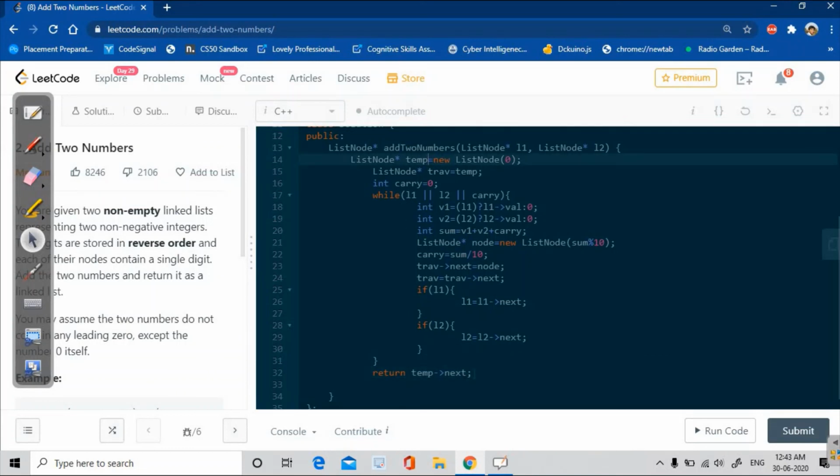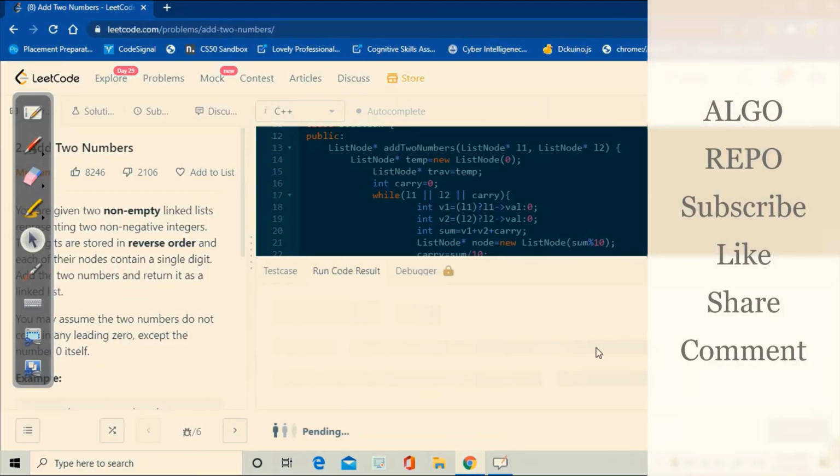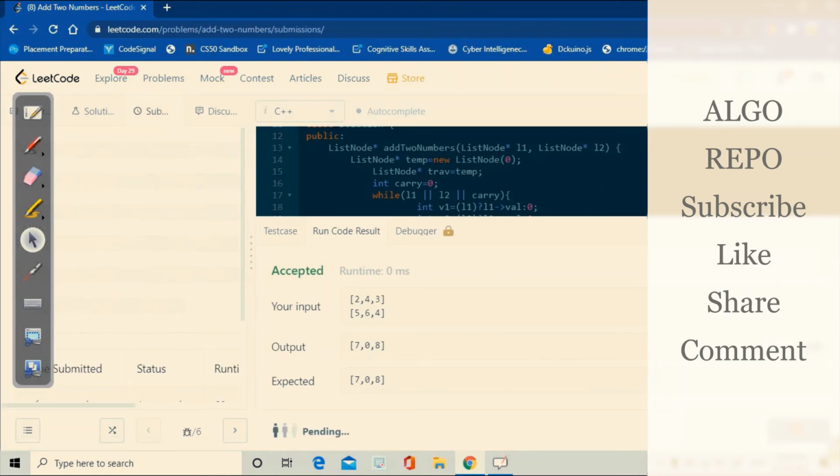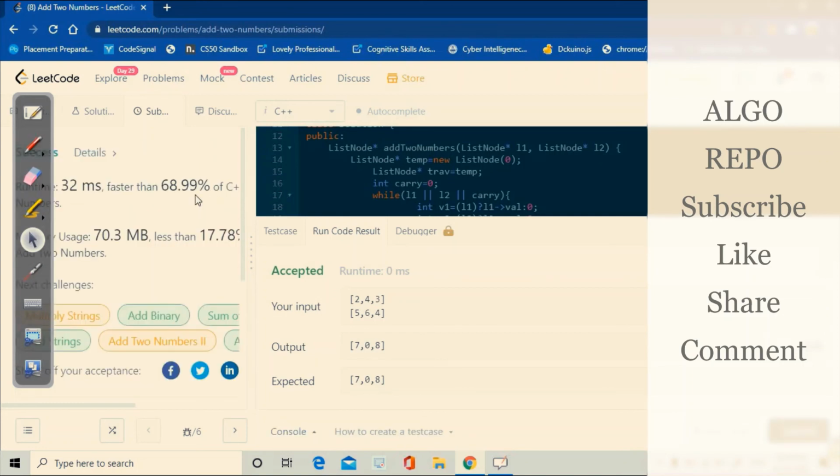Because of that I am returning from the temp next address, and let's see by running if our code is running or not. And it got accepted, so let's submit now and let's see. Yes, it is submitted, so accepted.